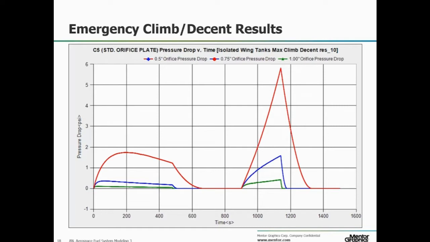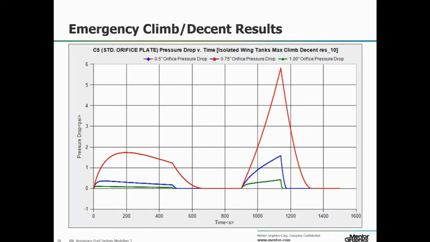Lastly, let's look at a plot of pressure drop directly. Here you can see that the half-inch orifices do indeed spike to almost 6 psi. The 3/4 inch orifice has a maximum of about 1.5 psi, which may be acceptable, and the 1-inch orifice experiences about a 0.5 psi difference. Although both the 1-inch and the 3/4 inch sizes seem acceptable, let's continue our investigation and look at one more